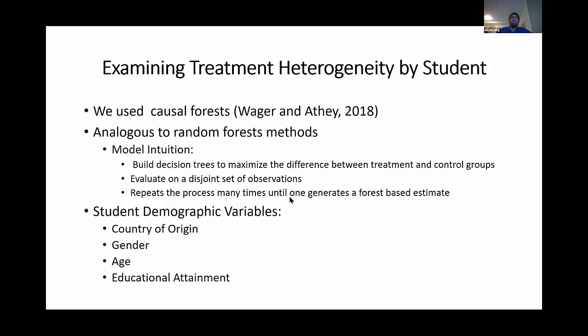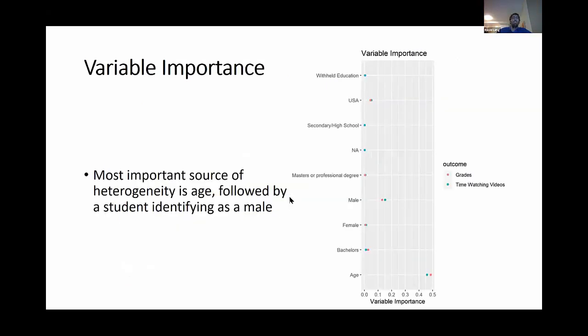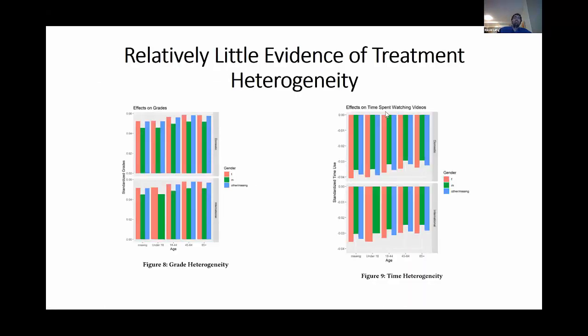Again, these are very coarse variables, and what we found was largely that in terms of variable importance, none of these factors were particularly important, where this scale can be thought of as being on a 0 to 100% scale. The factors that were most important we found were age, whether or not a student identified as male, and whether or not they identified as coming from the US. And when we actually looked at evidence of model heterogeneity by these characteristics,